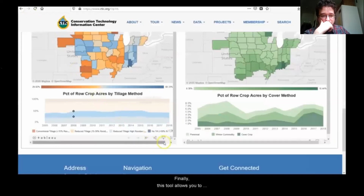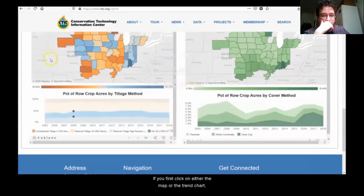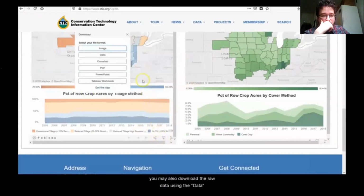Finally, this tool allows you to download the OpTIS data in several formats. If you find a view that you like, you may download it as a static image, PDF, or PowerPoint. If you first click on either the map or the trend chart, you may also download the raw data using